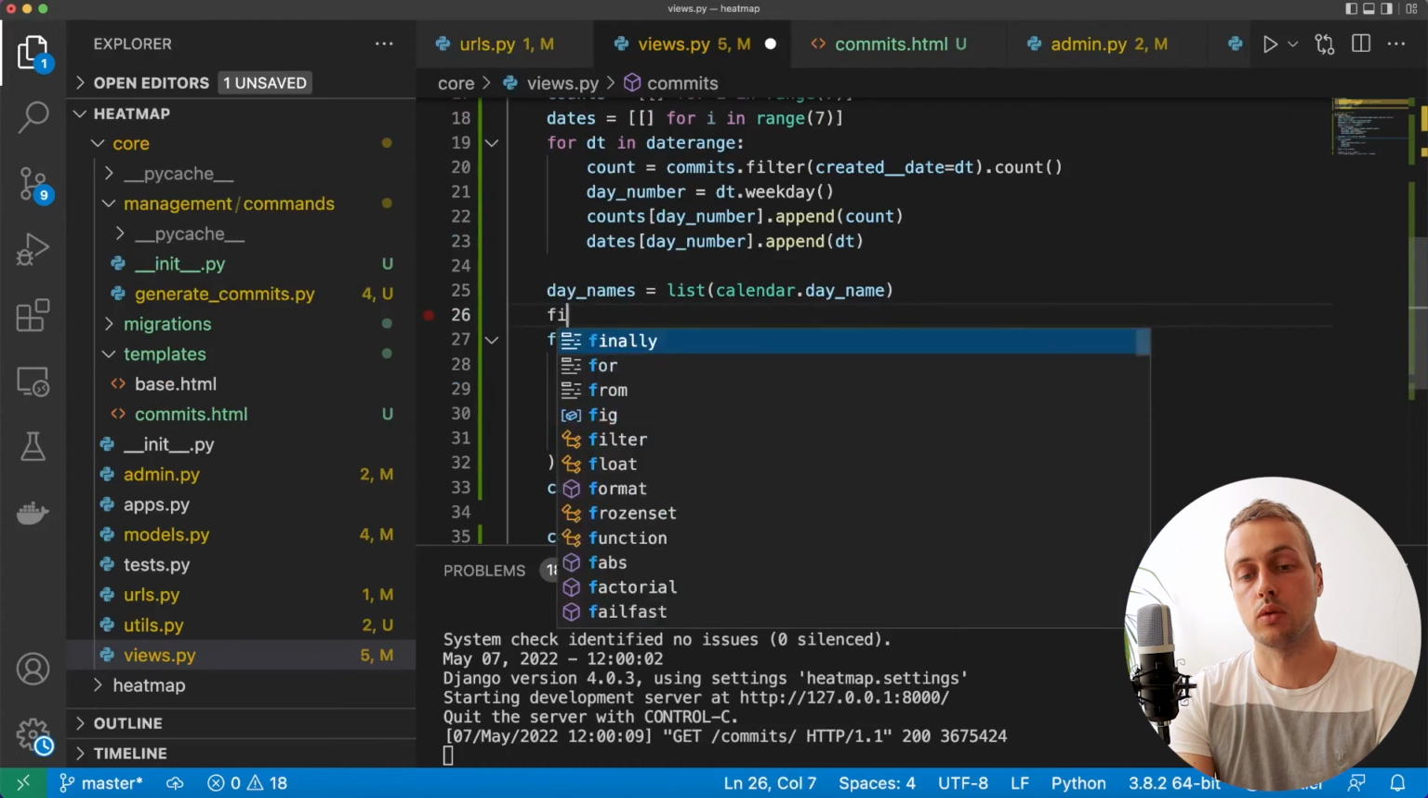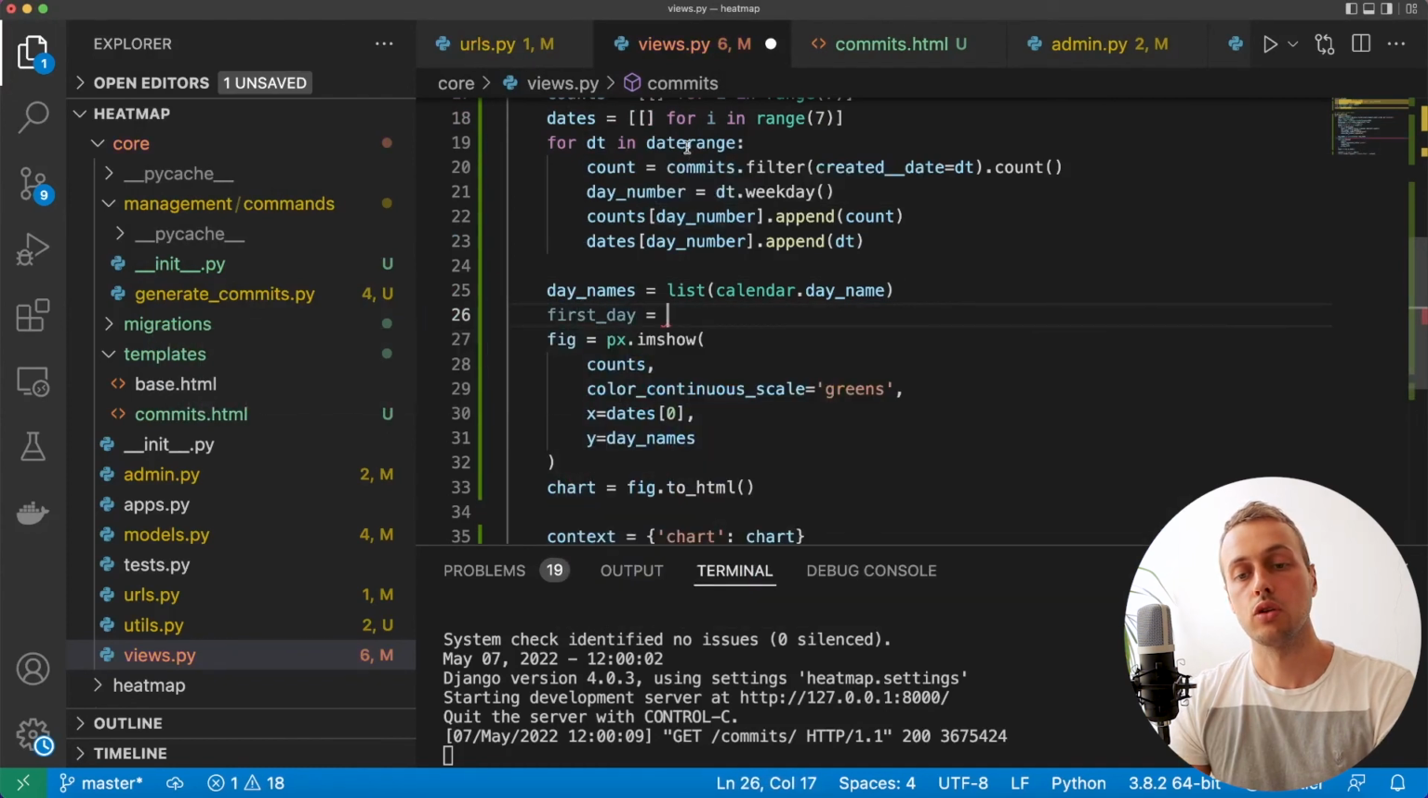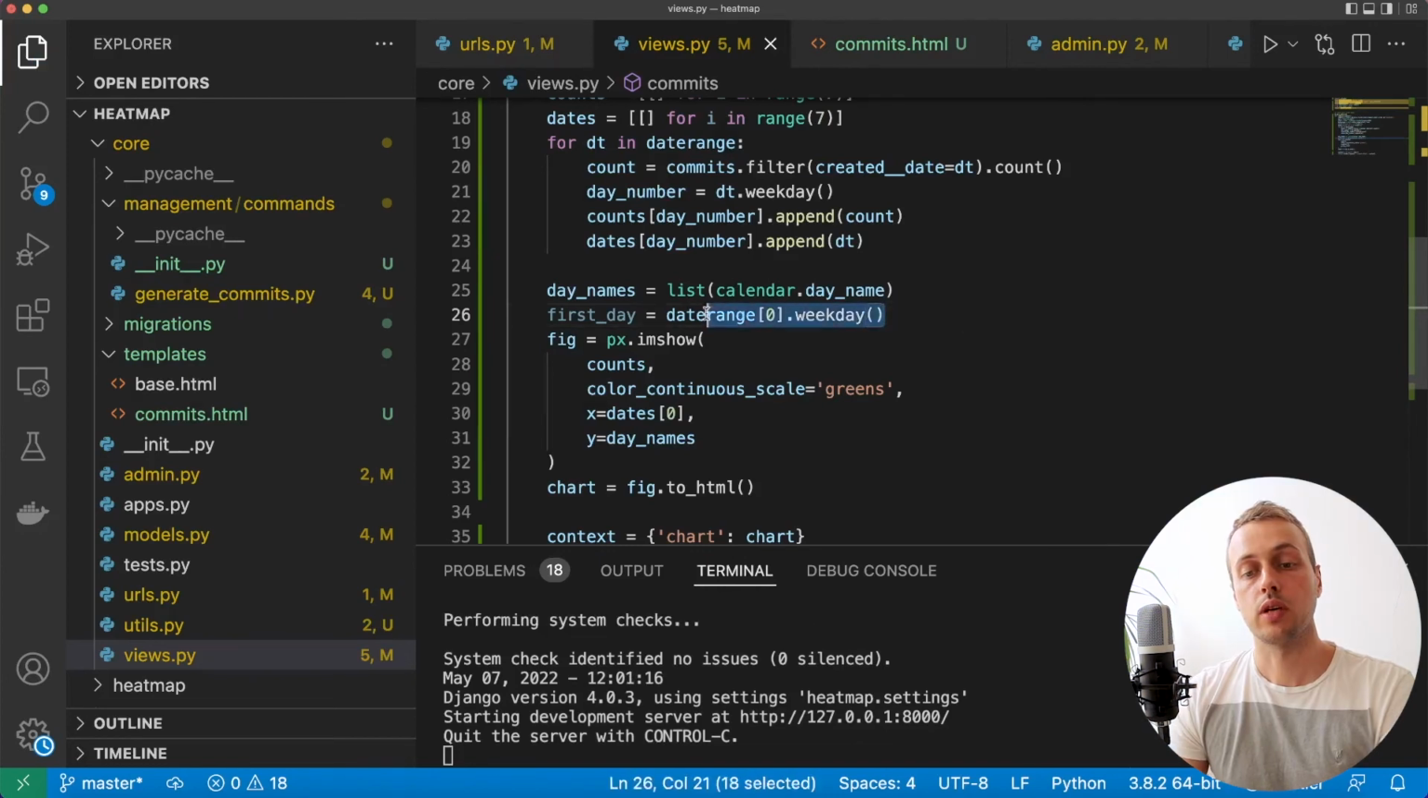So let's create a variable here called first day, and we're going to look at this date range here, and we're going to get the very first day by indexing in at element 0, and then we can call the .weekday function. This will give us back a number between 0 and 6 for the day of the week. What we can then do is index into the day names and we can get the correct order